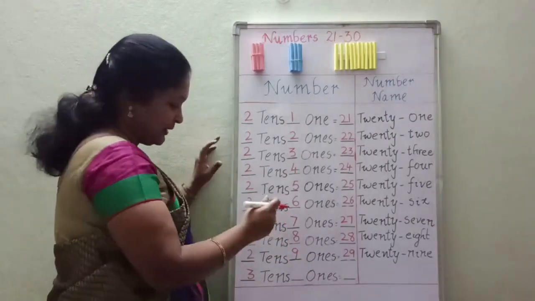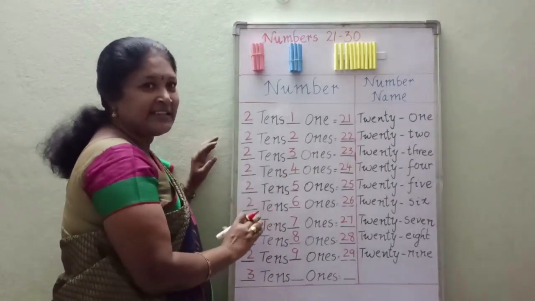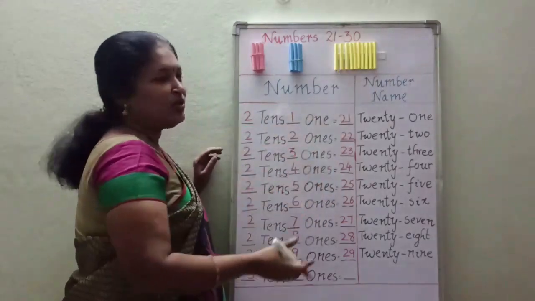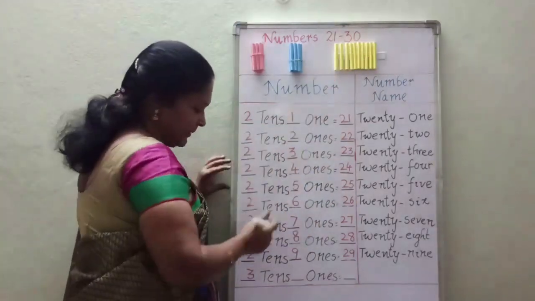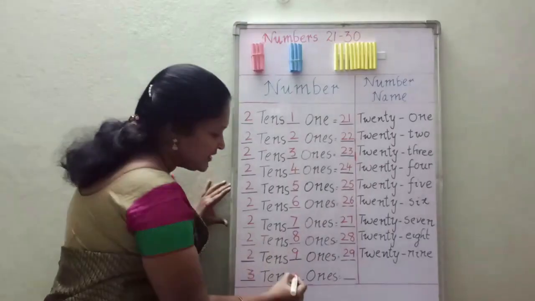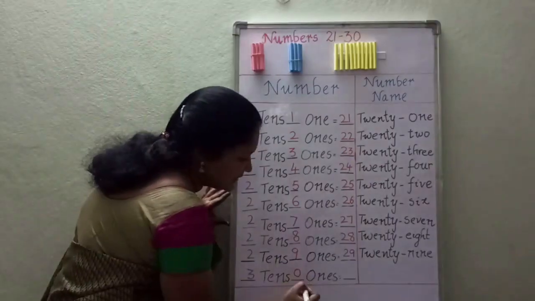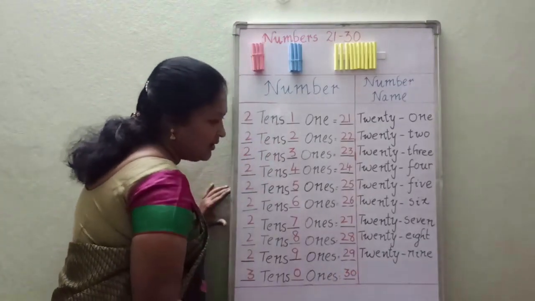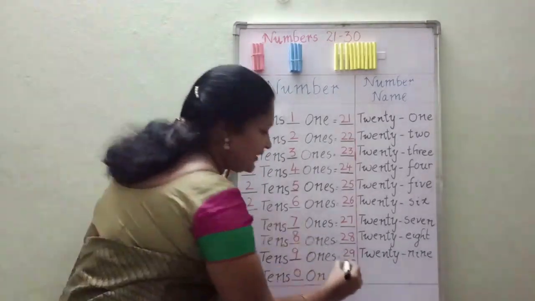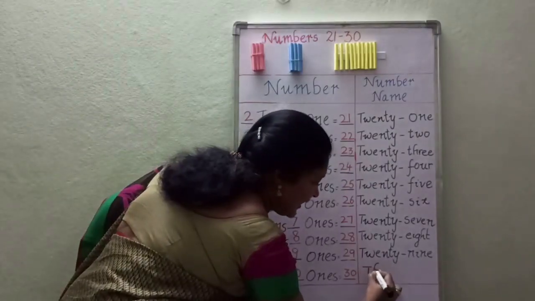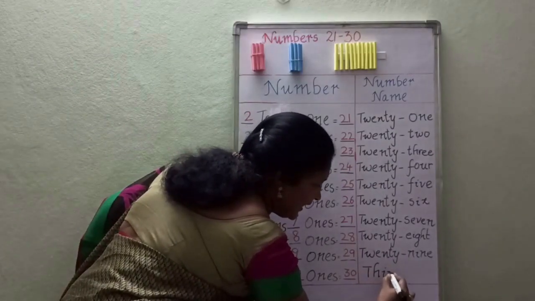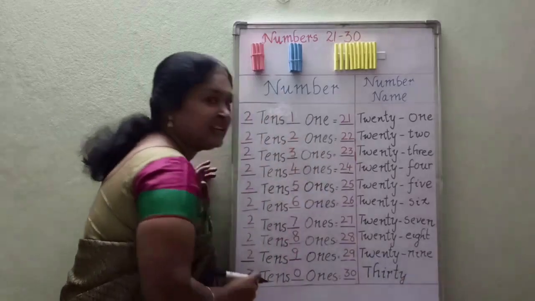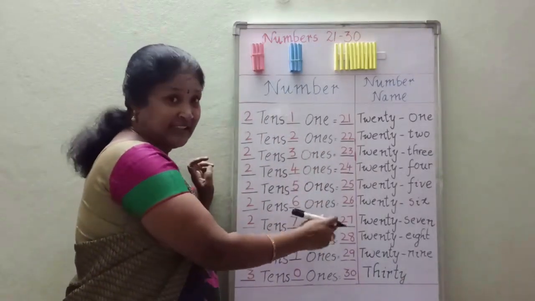Just before I wrote separate only 1 ten and 10 ones. That time I wrote. But now you understood how ones and tens will form. So 3 tens. And how many ones are there? No, because all these 10 ones became 1 ten. So here 0 ones. So which number you got? 30. What is the spelling of 30, children? T-H-I-R-T-Y. 30. It's 30.